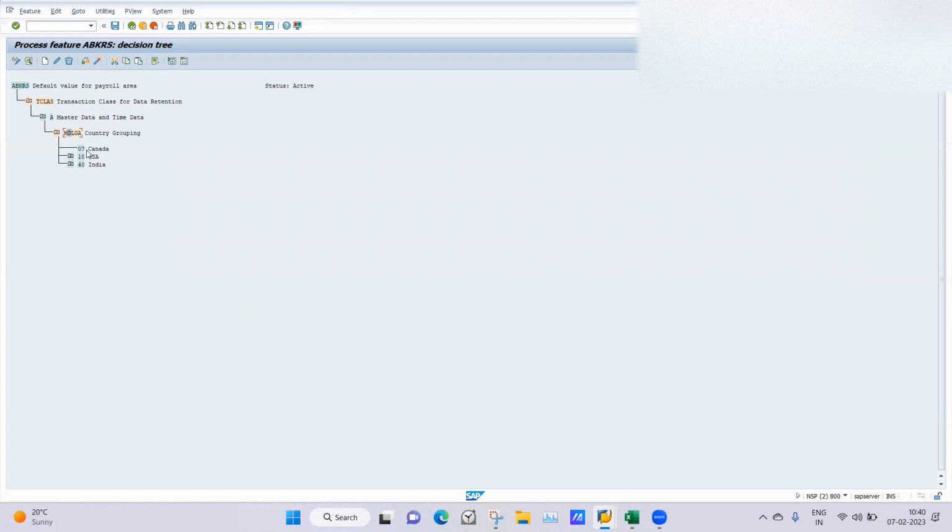Okay, so another node came with the name Canada. That's how we can add any other node into this master data and time data. Okay, so now